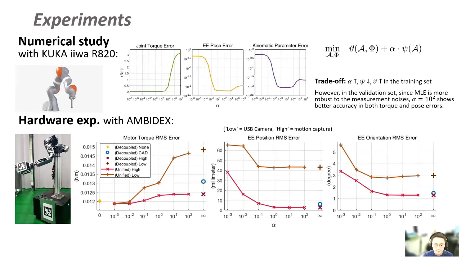We could observe the same trade-offs as seen before, and it is very interesting that when alpha decreases from infinity to 1, to compare our unified method with the traditional method, the dynamic error is significantly reduced while the kinematic errors are almost constant. And even the webcam could achieve the same dynamic error as the CAD one.